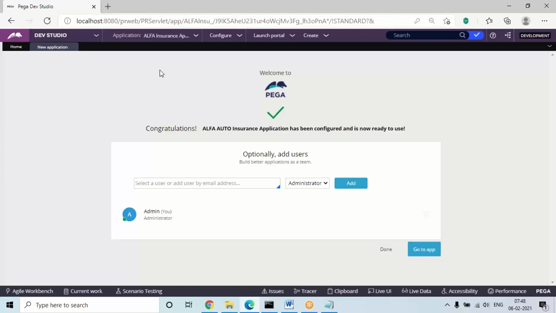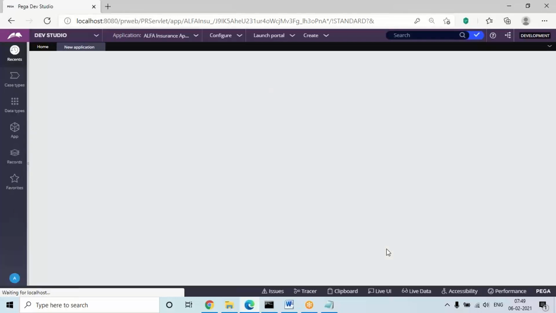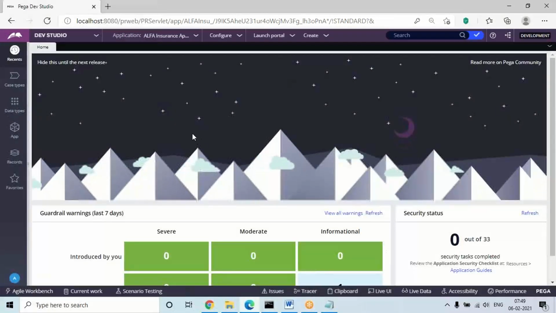So the ID I generated for the framework application, the same I'm going to use for this implementation also. If you don't add any ID, then the framework ID will apply for the implementation application also. So without creating any new ID, just click on this done button. Then it will automatically go to your framework application.